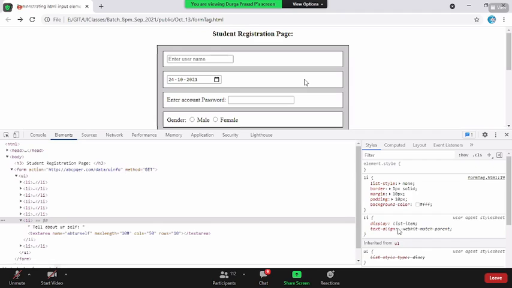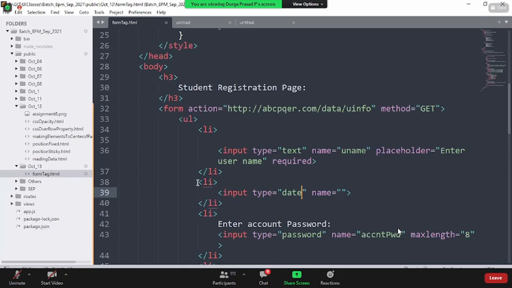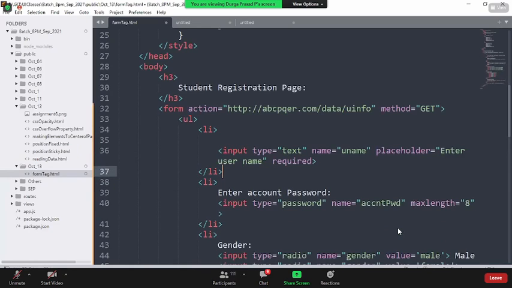You can also have input type time, date time, month. These come from HTML5, which is why I'm not concentrating on them now. We are still in HTML4, and I don't want to combine 4 and 5 here. Fine, Pravita? Fine. Okay. Next.